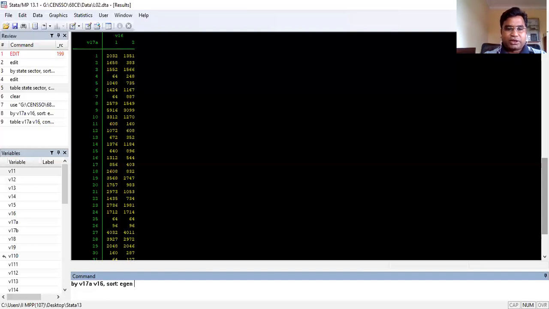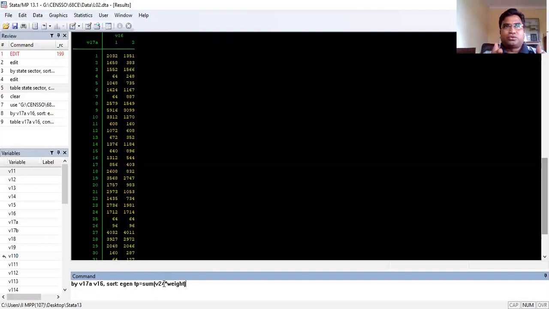So we say egen. What we are trying to do is calculate the total number of estimated persons, right? So we say total persons tp, that's the variable we are going to generate, and we say sum of v24 multiplied by weight, right? So if we are using this command, let's see how it works. So basically, see what is this v24. V24 is the household size.